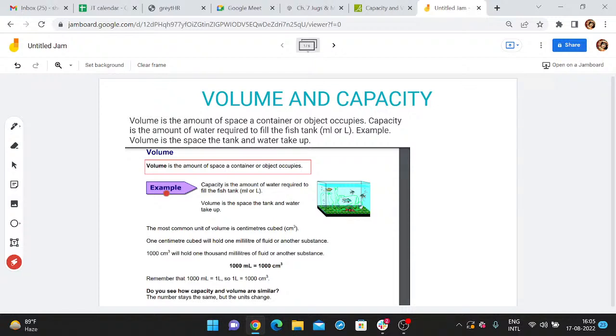Now क्या किसी ने कभी फिश टैंक देखा है? क्या किसी के घर में फिश टैंक है? किसी के घर में है क्या? मेरे घर तो नहीं है, तो मैंने कभी ऐसे देखा नहीं, बट हाँ मैंने शॉप्स में ज़रूर देखा है कि वी हैव अ फिश टैंक जिसमें फ़िशेज़ होती हैं। जिन जिन के भी पास फ़िश टैंक है उनको पता होता है कि एक फ़िश टैंक में फ़िशेज़ होती हैं।